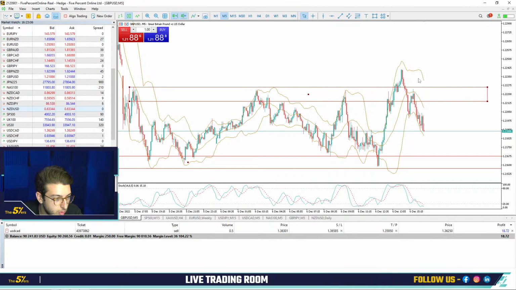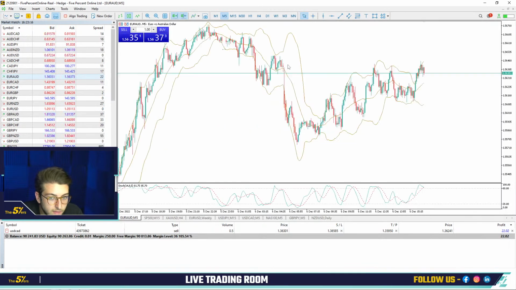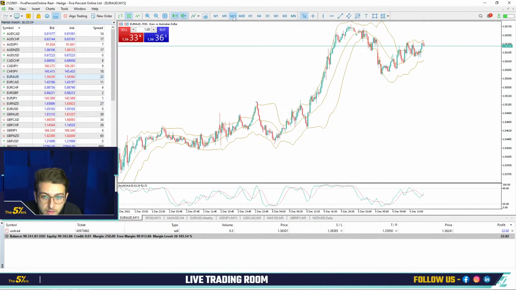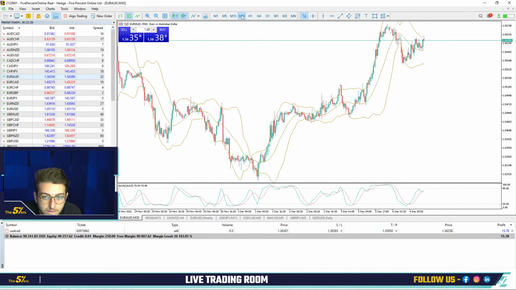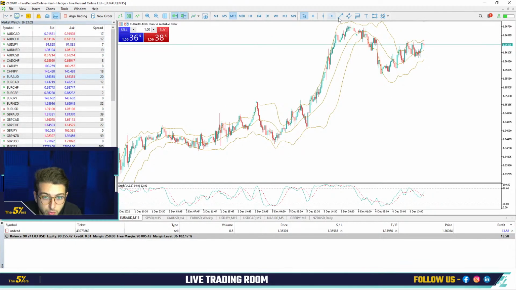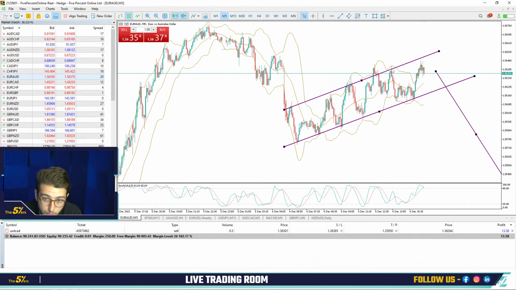But let's talk about the pound Aussie and Aussie yen. Sorry, just before, the Euro Australian 5-minute channel. Possible uptrend. Yeah, it's a possible uptrend, but again, it depends what you want to do with this possible uptrend. For me, I can consider a flag here, and then the market can continue on the lower side. But yeah, clearly it's an uptrend on the M5.